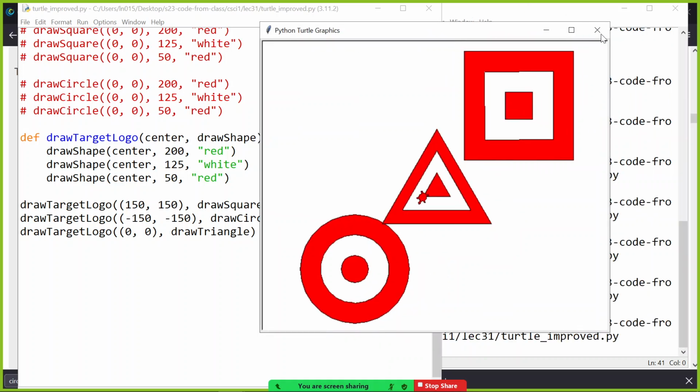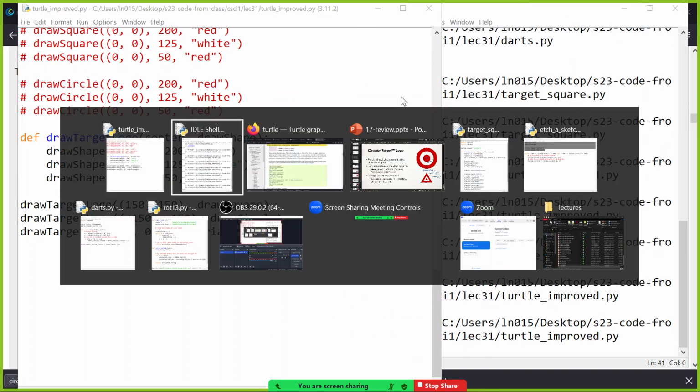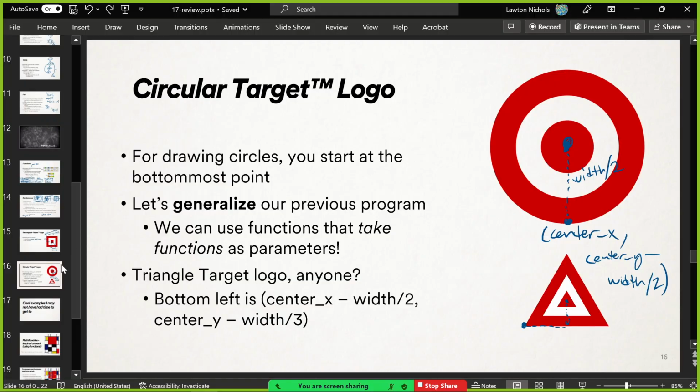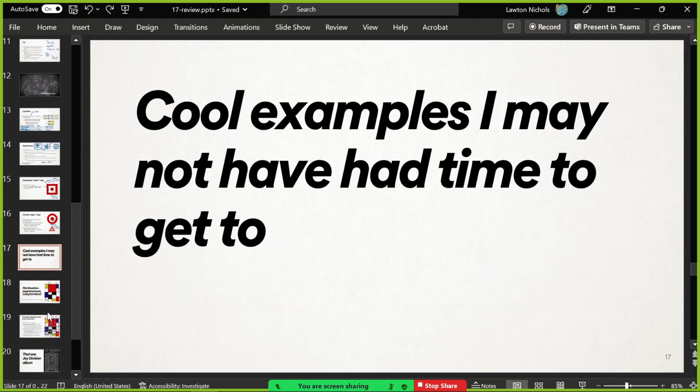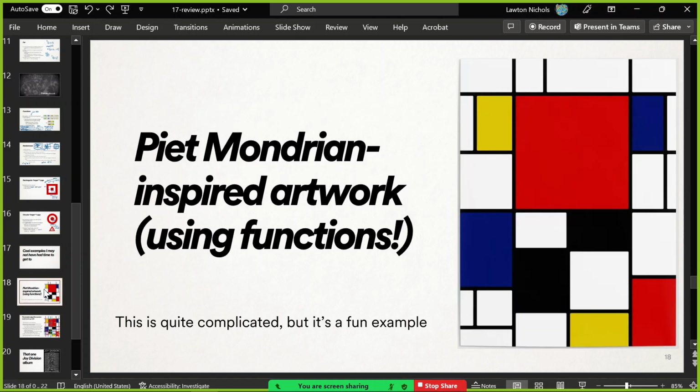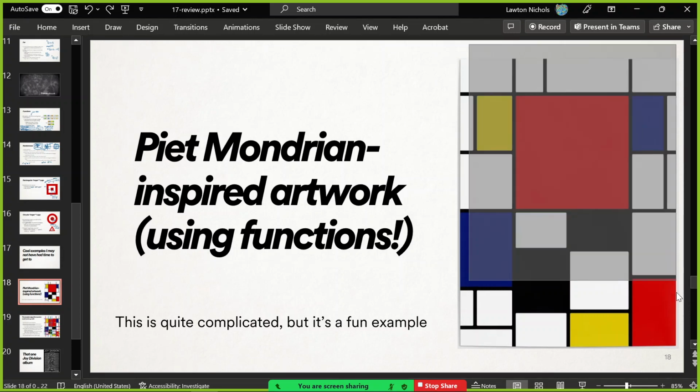If we're happy, I have some pre-made programs that I made for you just for fun that I wanted to show you. Just some cool examples. You'll learn how in class. They're just good, in-depth, very long examples of the kind of stuff that you can do once you know a little bit more. So the first example is, I'm sure you've seen this artist, Piet Mondrian, before, and their artwork.